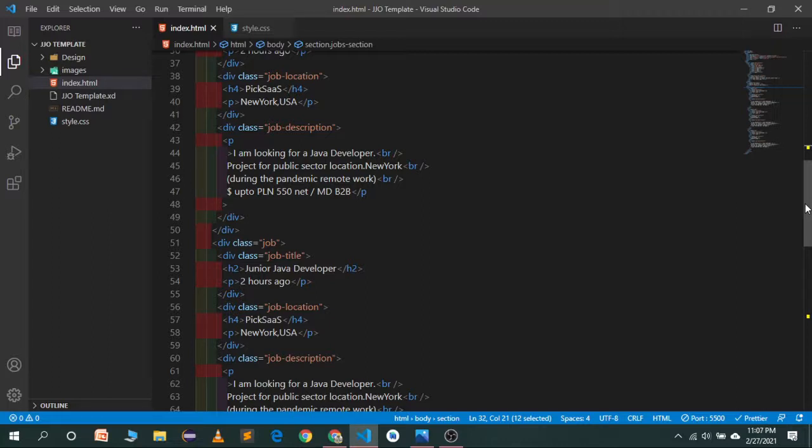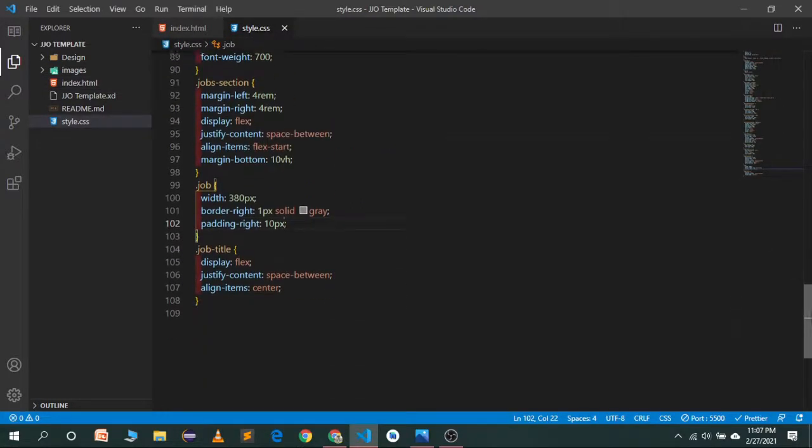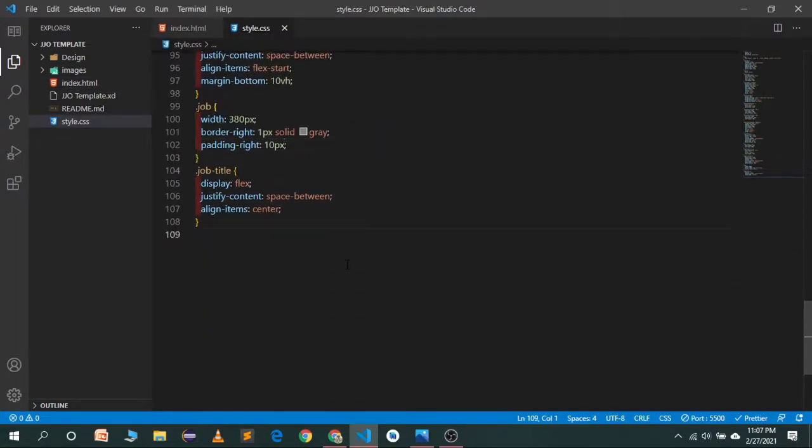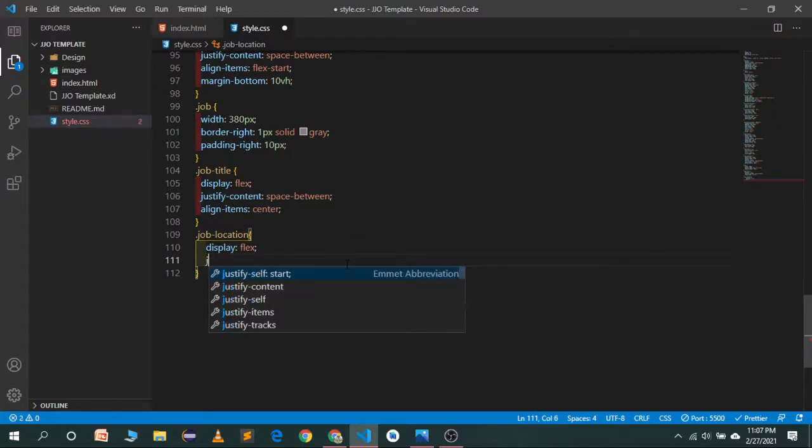Under the job title we have a job location. So I will copy the class name of job location, go to our style sheet, and here I will target this job location. I will set it to display flex. Justify content will be center.